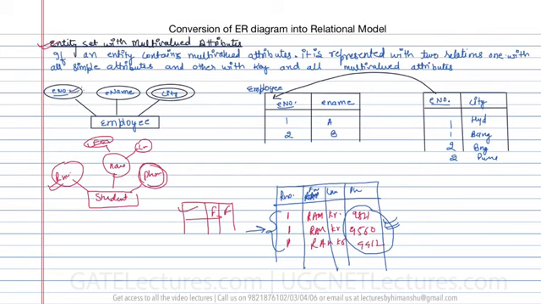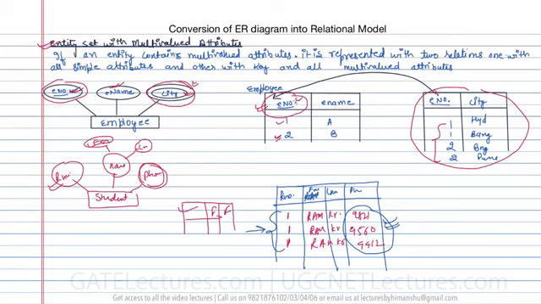So here you can see the employee number is the primary key, or you can say it is a key into this entity. We have employee name and we have city. Now if we discuss this particular city, the city is a multi-valued attribute because an employee can live in more than one city. So here we are going to create a separate table, and into this separate table we are going to make this employee number a foreign key. That means this employee number will be referring to this employee number in the employee table, because if there is a value here, then only we can insert a value here, and this will save us from repeating a lot of values or a lot of attributes.